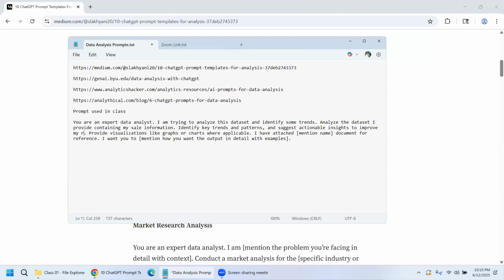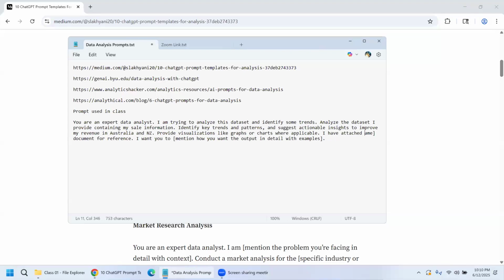Even if I say NZ, it will actually understand what I'm saying. Okay, we'll try. Provide visualization like graphs or charts where applicable. I have attached